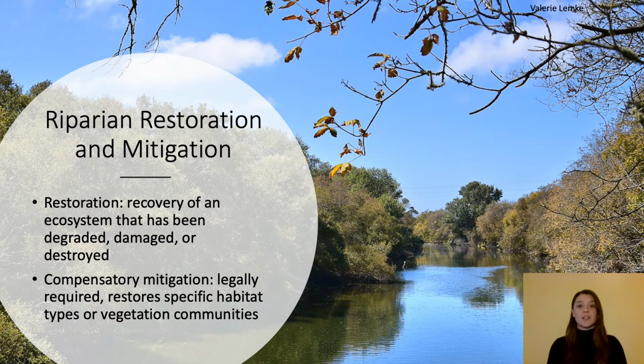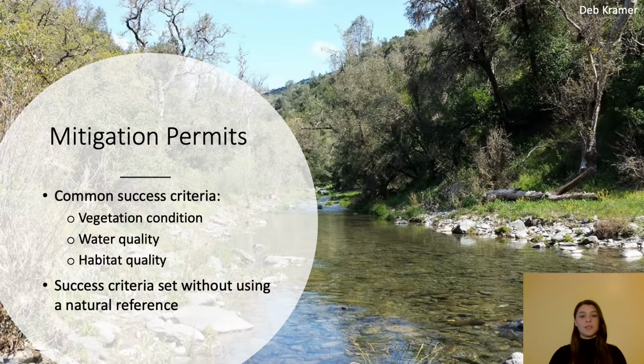Successful restoration projects require defined goals and objectives which steer the planning, implementation, and monitoring processes. In compensatory mitigation, goals are set by the regulatory agency through mitigation permits. Mitigation permits outline several conditions like how long the project will be monitored for, the size of the project, and success criteria, which are used to evaluate the success of the project to determine whether the project is in or